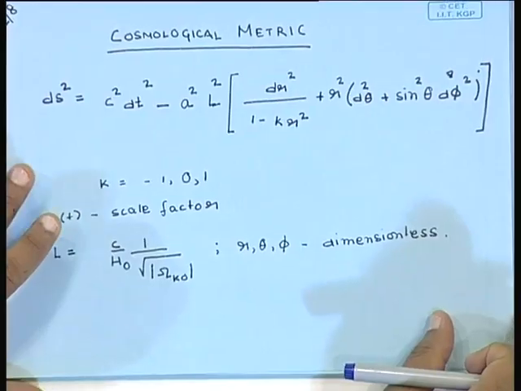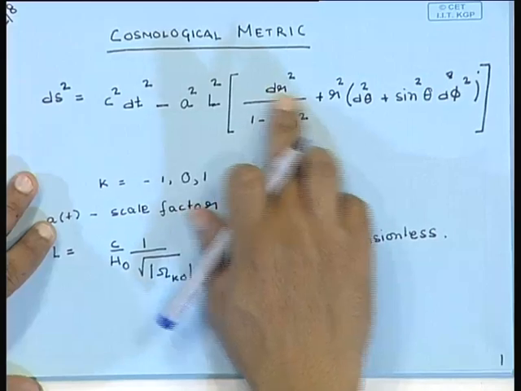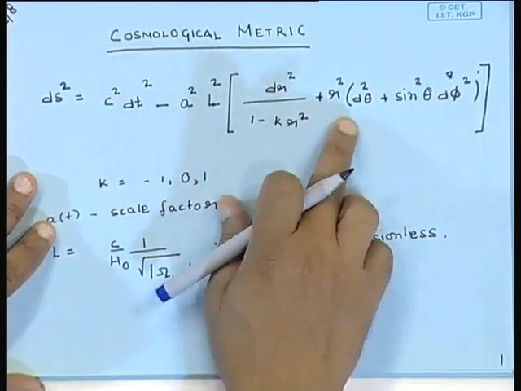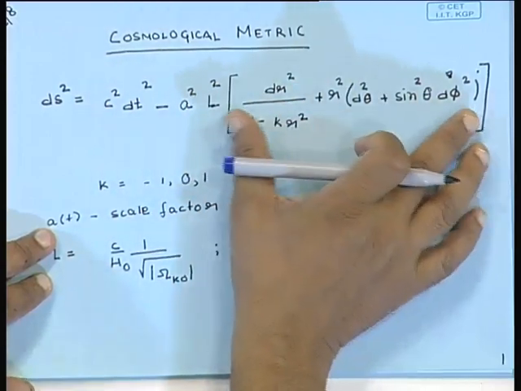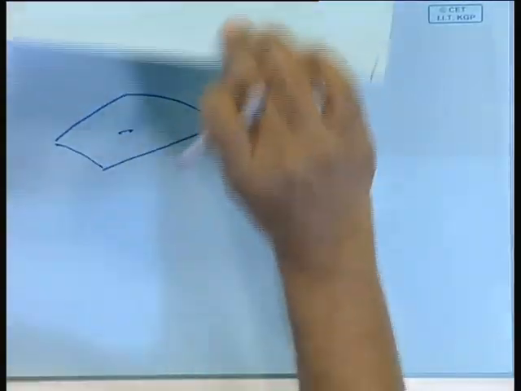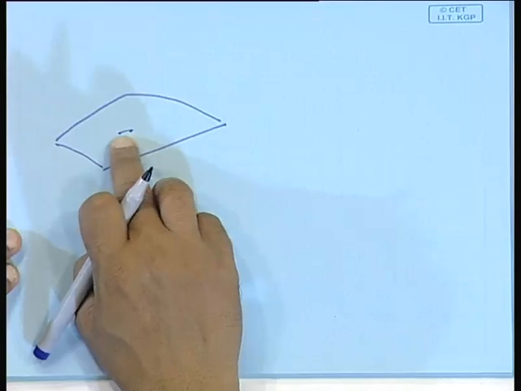The 2 different points will have different values of r, theta and phi, and the difference is dr, d theta, d phi. So, the comoving length dl, the comoving distance between these 2 points,